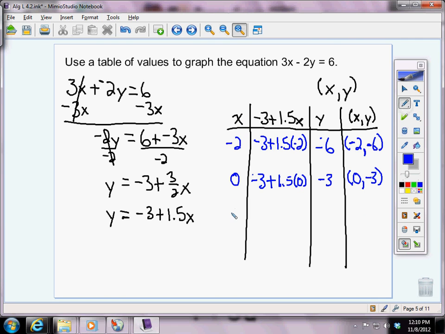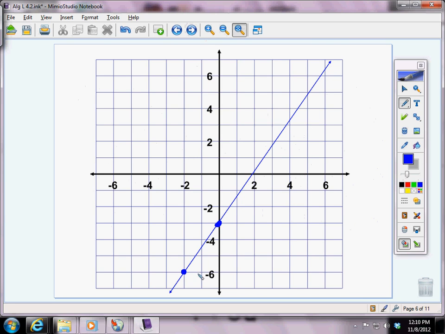So I'm going to try 2. Negative 3 plus 1.5 times 2. Again, I'll just type that into my calculator, and I get 0. So this should be the point 2, 0. If we did this correctly, that should be on our line. So I come over here, 2, 0. Now I'm off a little bit,